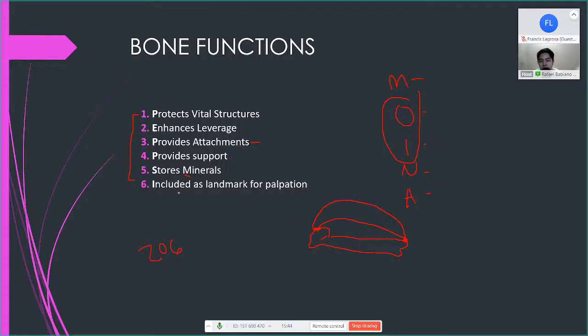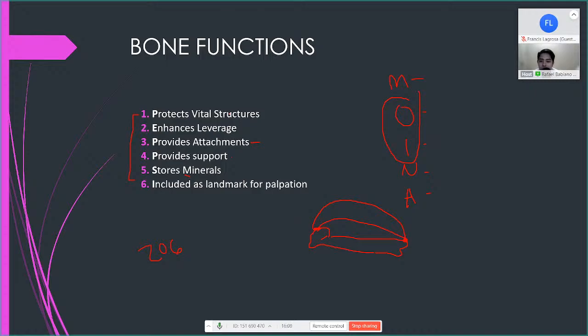You will tell them the patient has a painful area in his lateral epicondyle of the elbow. So the therapist or the different medical professionals will understand that. They will know, okay, I already know where the painful area is. A specific area, right? So those are the different functions of the bone.